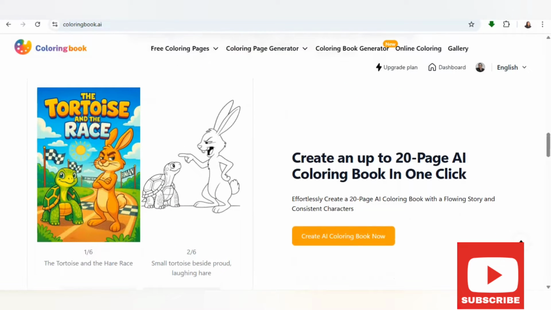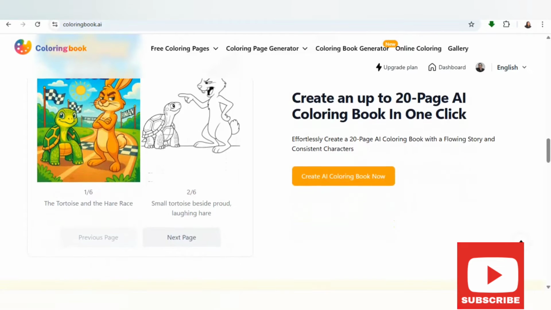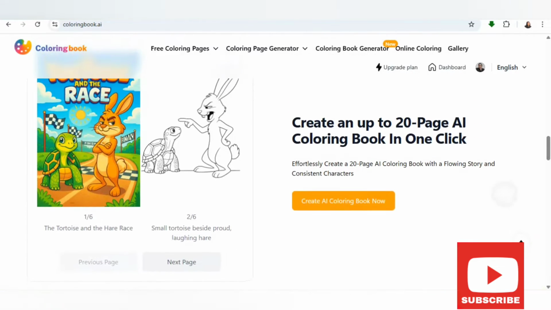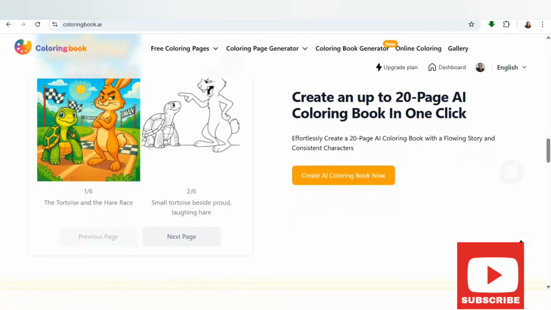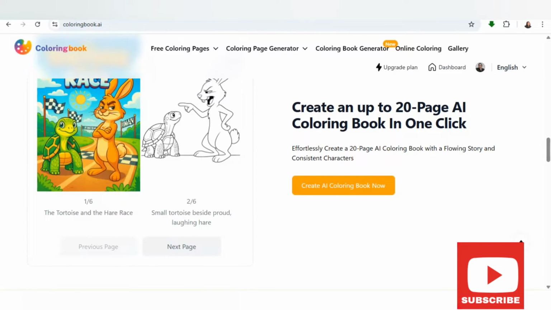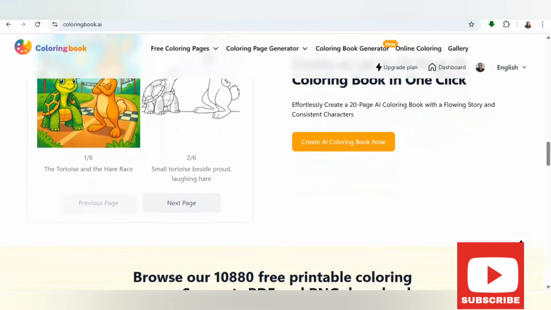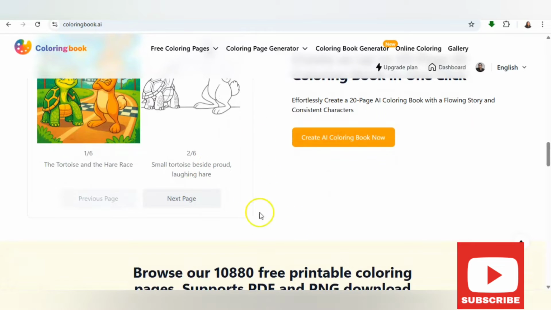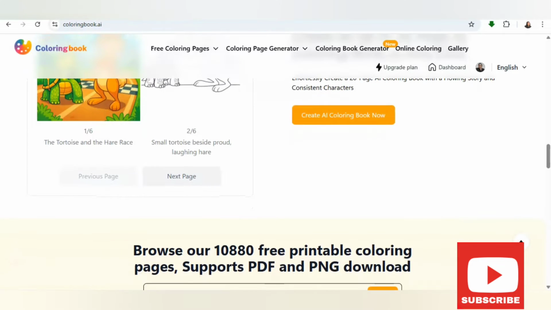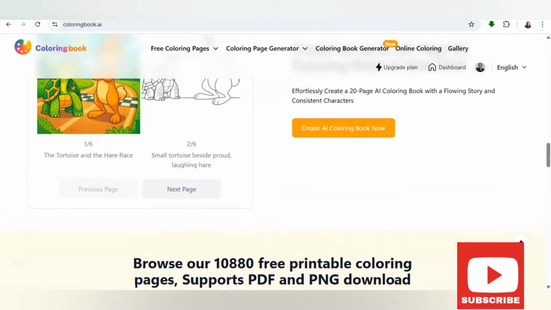Okay, so AI multi-page coloring book generator. As you can see, this is the tortoise and the hare. So you can actually use this to generate pictures for your storyline or your storybooks for kids. Generate up to 20 pages of an AI coloring book in one click. You can generate 20 pages at once just to create your story character. This is nice. I can use this to generate my story character for kids, and you upload on Amazon KDP